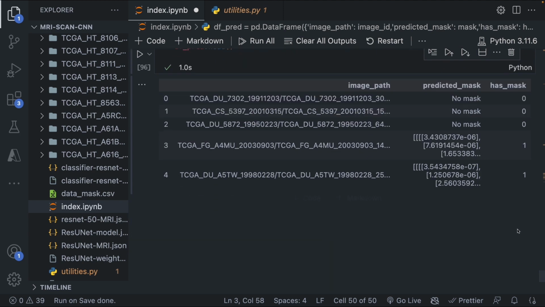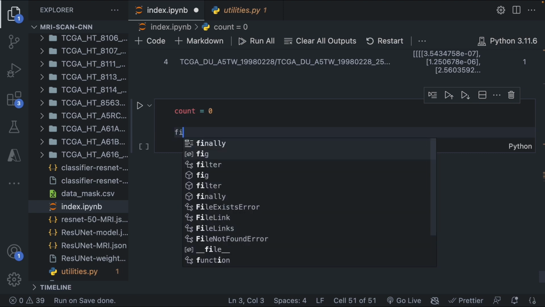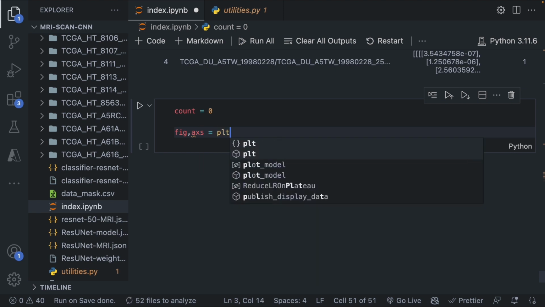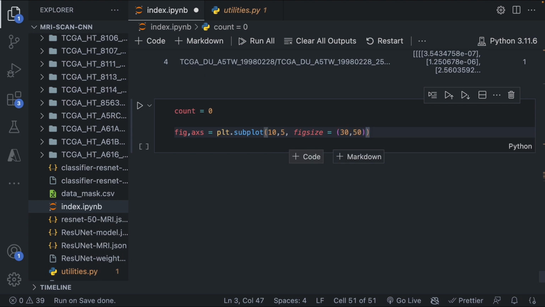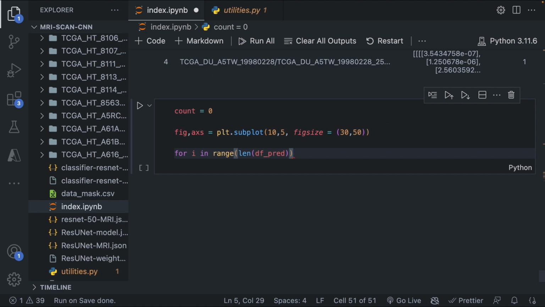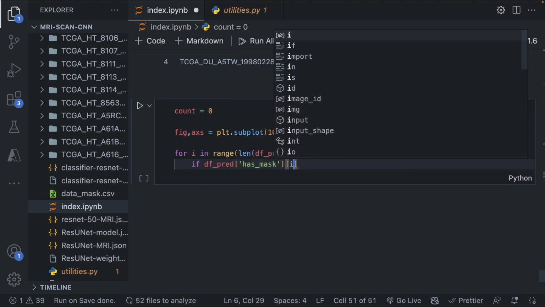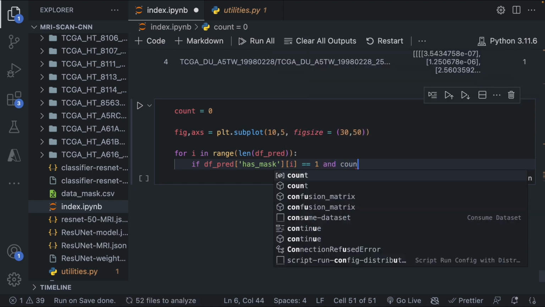So we create a new code block. Create a variable count equals 0. We have fig, axs equals plt.subplots(10, 5), with a figure size equals 30 by 50. Then for i in range, we have length of df_predict. If df_predict contains a has_mask column at the position we are looping through is equal to 1, meaning it has a tumor, and the count is less than 10,